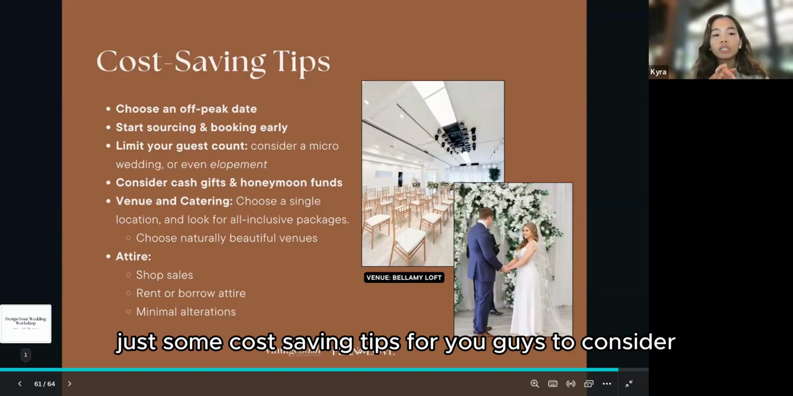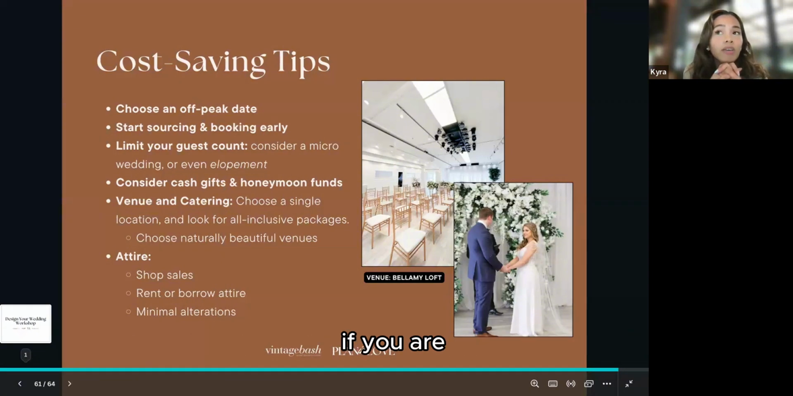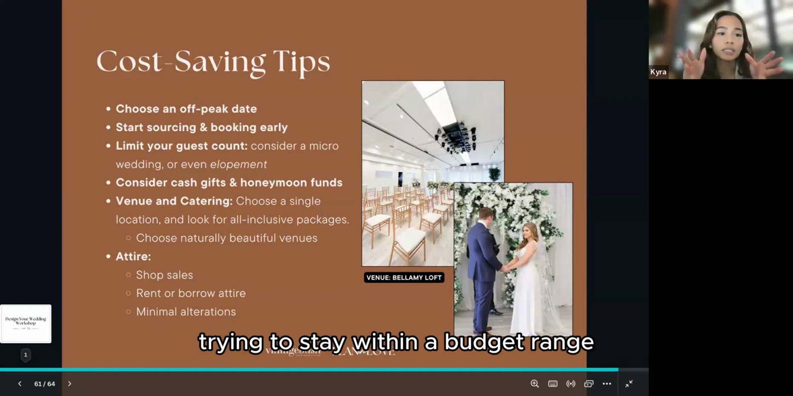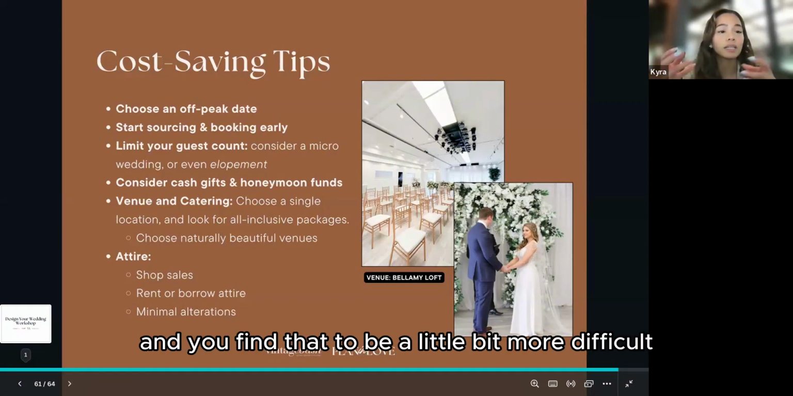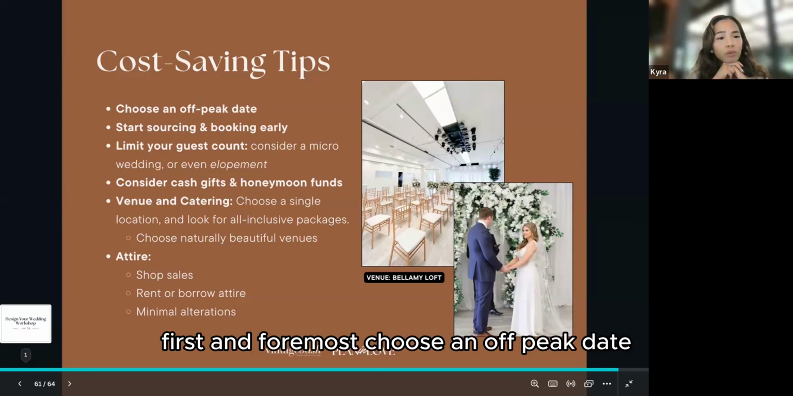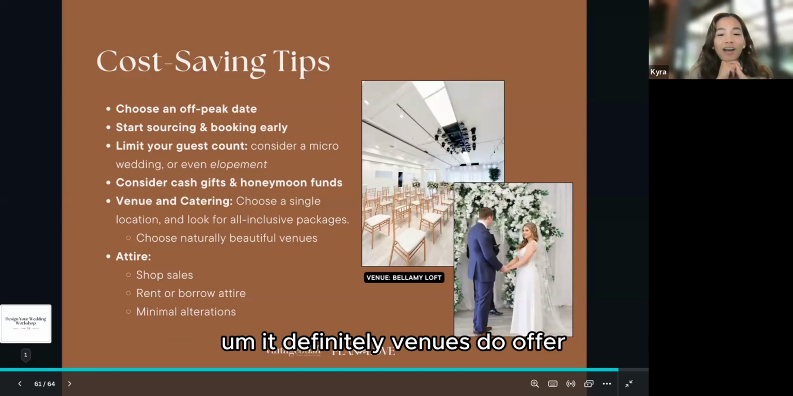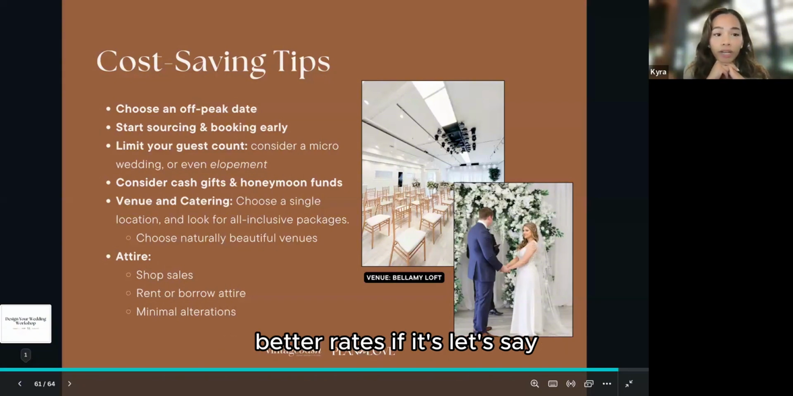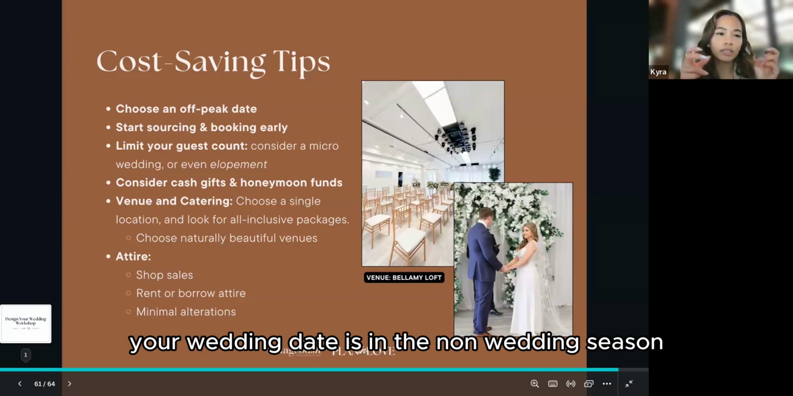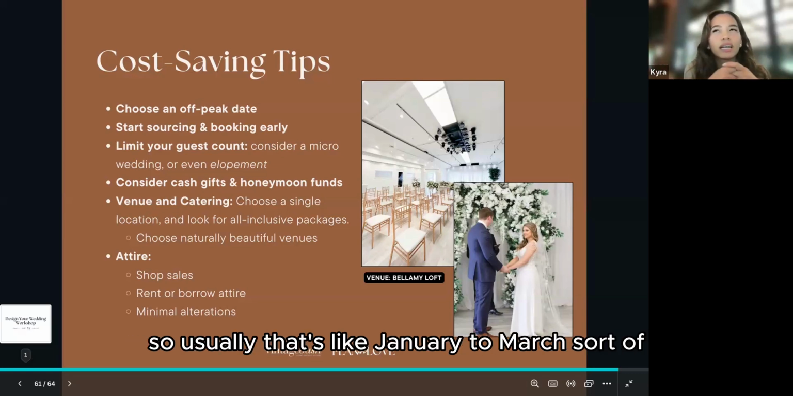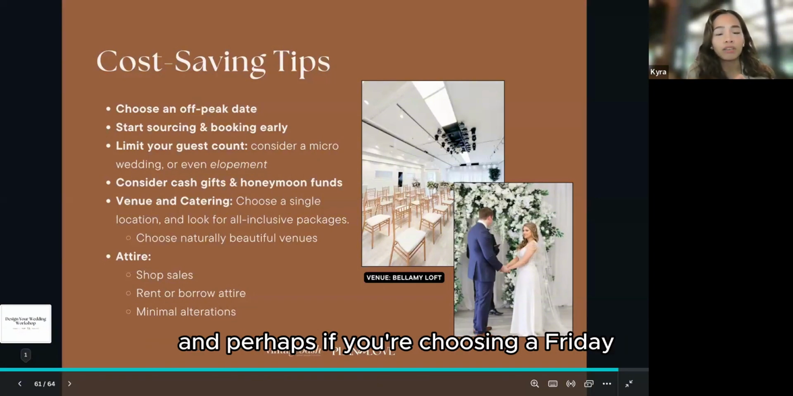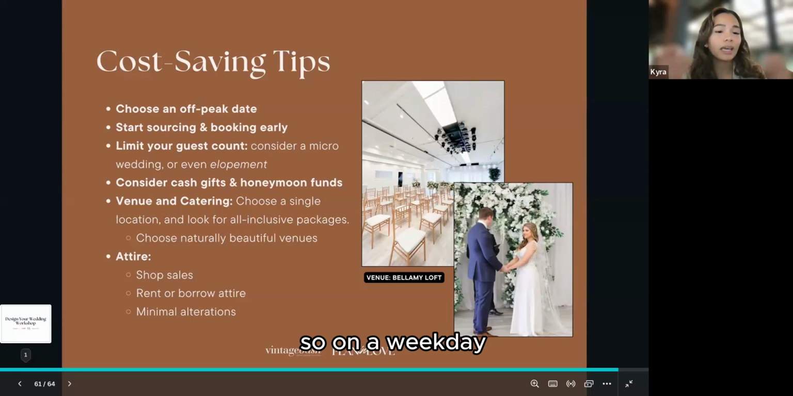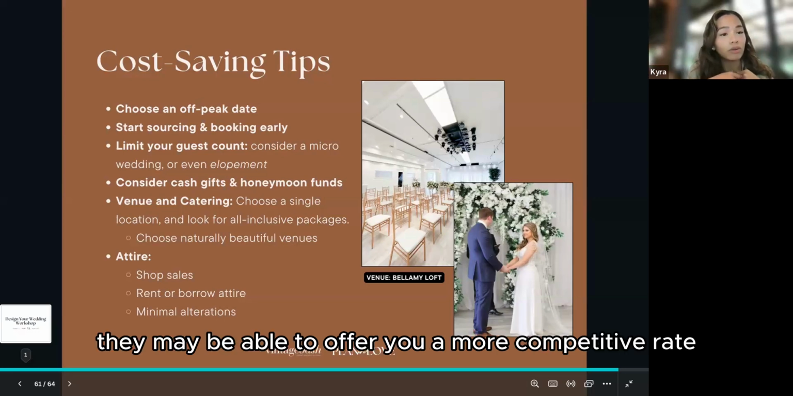So just some cost saving tips for you guys to consider if you are trying to stay within a budget range and you find that to be a little bit more difficult. First and foremost, choose an off-peak date. Venues do offer better rates if your wedding date is in the non-wedding season, usually January to March. And perhaps if you're choosing a Friday, on a weekday, they may be able to offer you a more